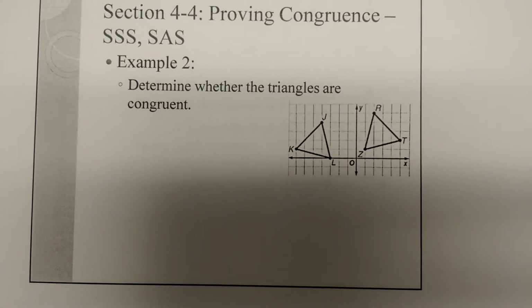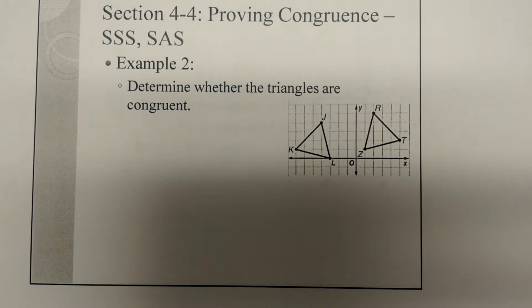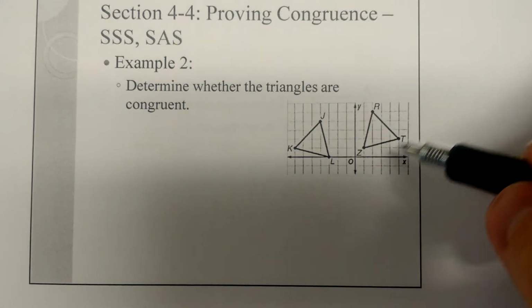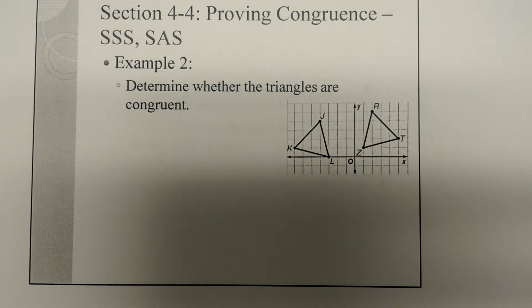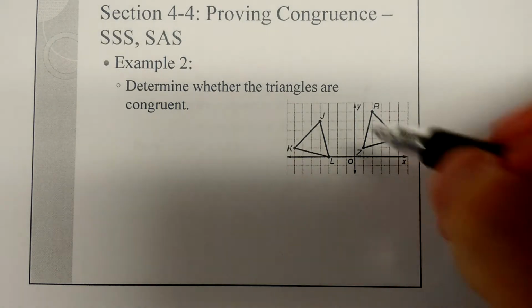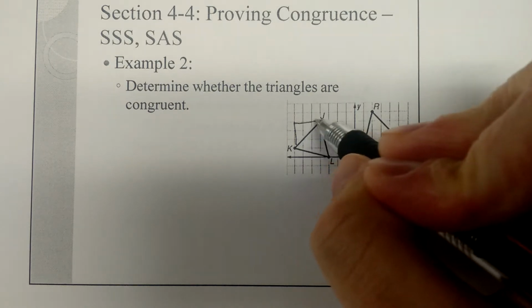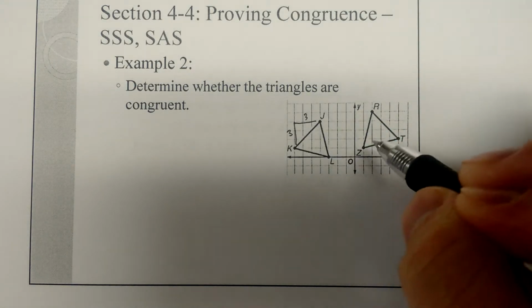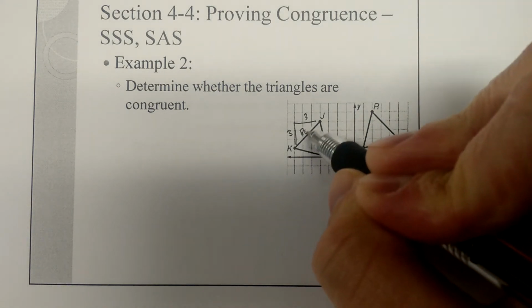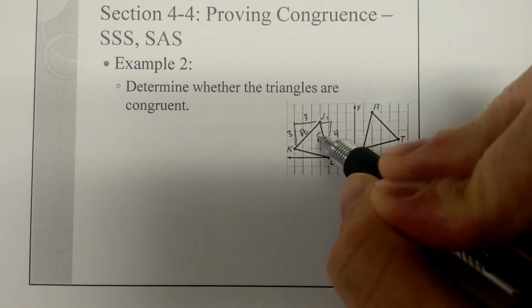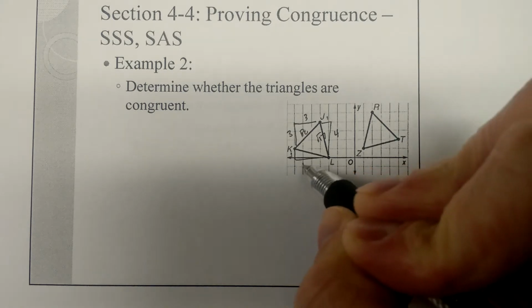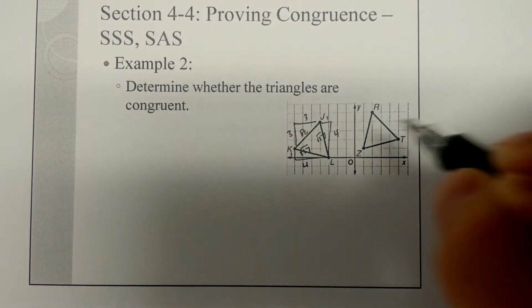Alright, so here's the case where you have two triangles on graph paper. You can do a similar thing if you remember classifying the triangles as scalene, isosceles, or equilateral. Similar thing. So for example, that's 3 by 3, which means that that's the square root of 18. That's 1 by 4, so that's the square root of 17. That's 1 by 4, that's the square root of 17. Over here,